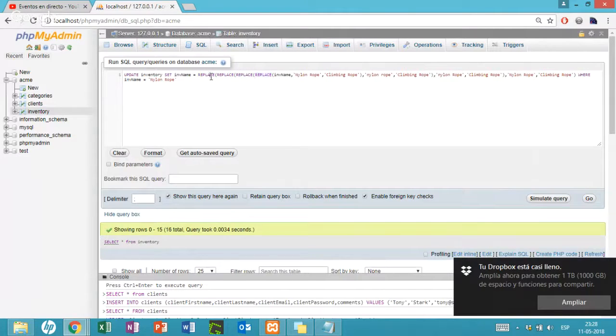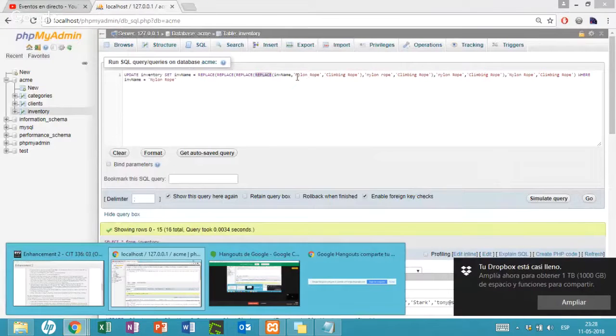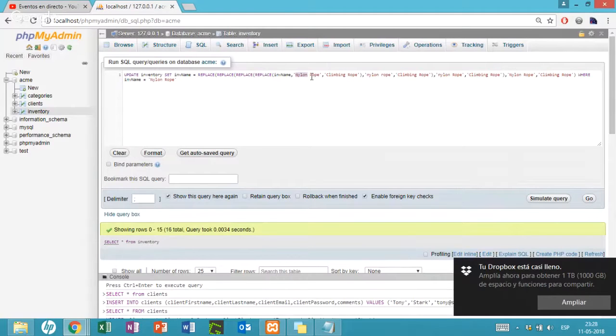I'm using this four times to replace the nylon rope for climbing rope. Here I'm changing the same, but it has lowercase. Here I'm changing the same, but you can see that